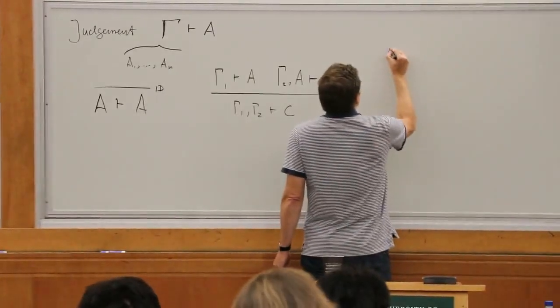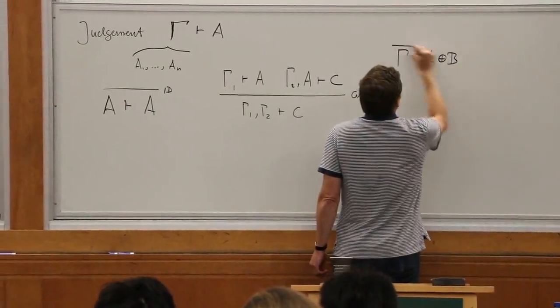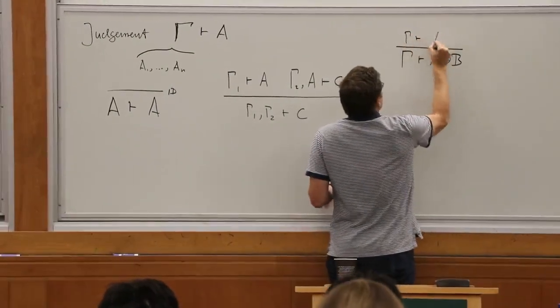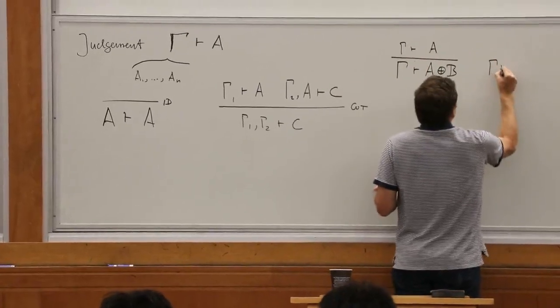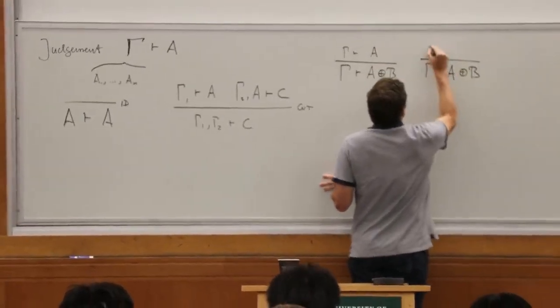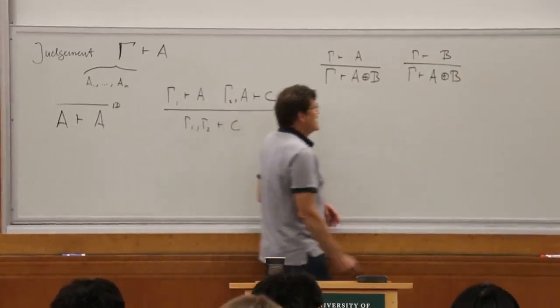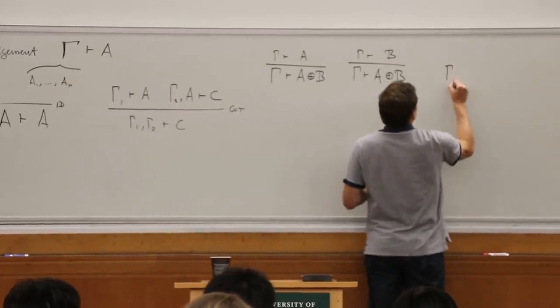Okay, so A plus B as a goal means we can achieve either A or we can achieve B, that we have to be able to show one of these two things. And then if we have a resource A plus B,